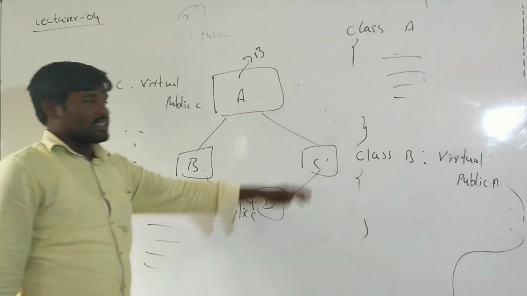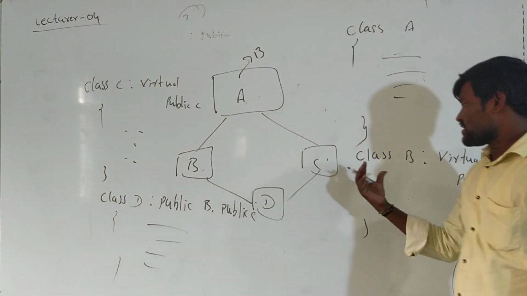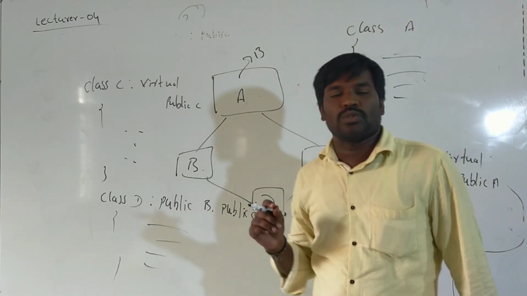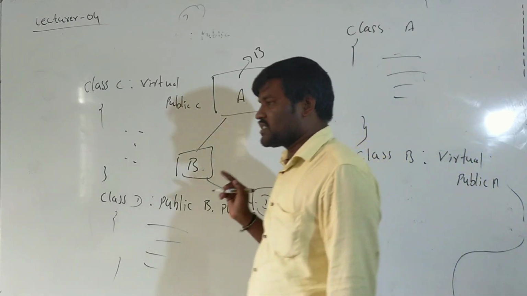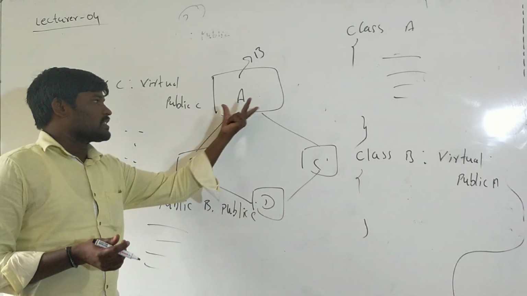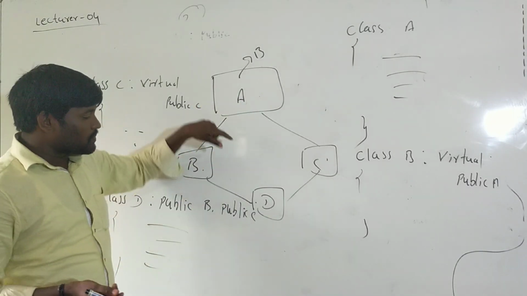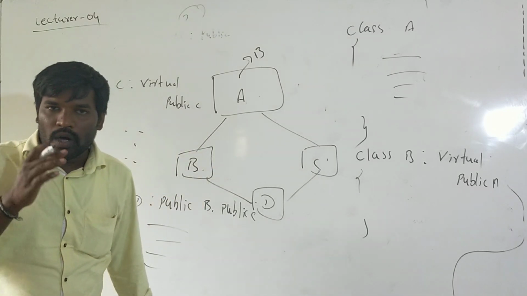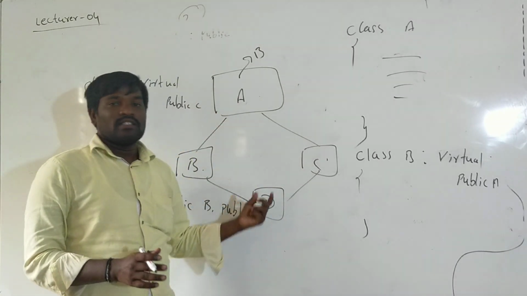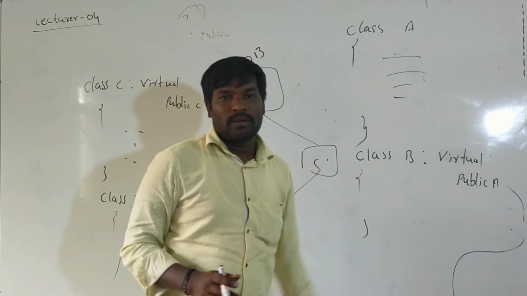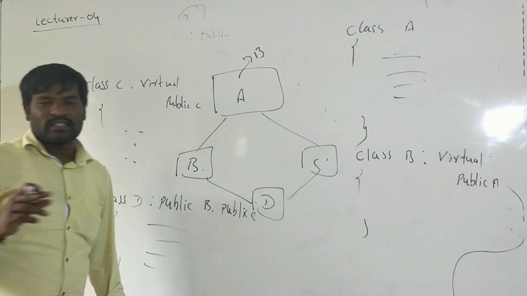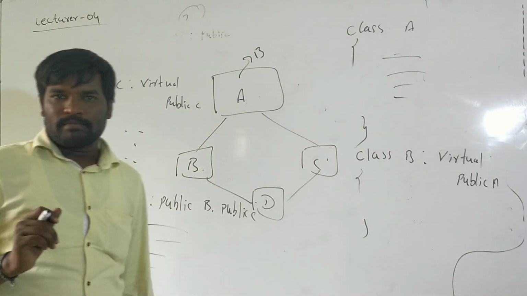See here, class A is purely the base class. Next, at the time of defining the B class, we have to use the virtual keyword. Why do we have to use the virtual keyword for B and C? Without virtual, if you implement the inheritance, multiple copies of A are present in D. To avoid multiple copies of A's properties, we can use virtual public A, or you can use public virtual A, that is also true. Either virtual public A or public virtual A.